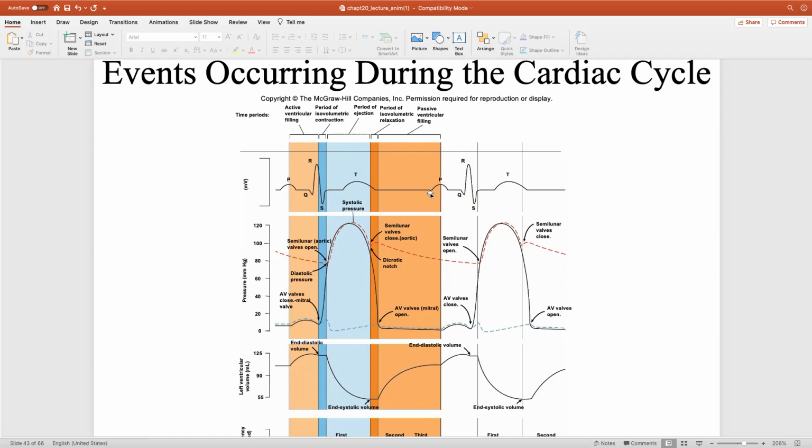During this region right here, notice the aortic pressure in red is still very elevated. Notice that the pressure of the left ventricle, solid black line right here, is close to zero. And the pressure in the left atrium is slightly higher than the pressure in the left ventricle. Meaning what? Left ventricular pressure is lower than left atrial pressure. It's a sign that the mitral valve is going to be opened up. Remember,